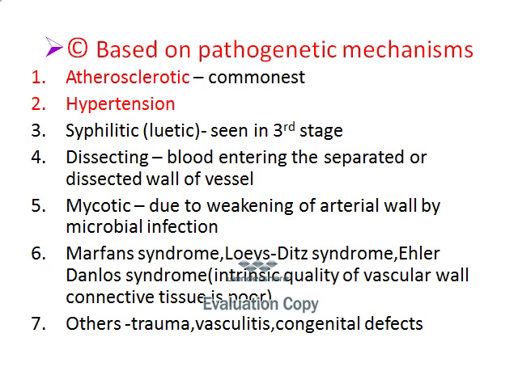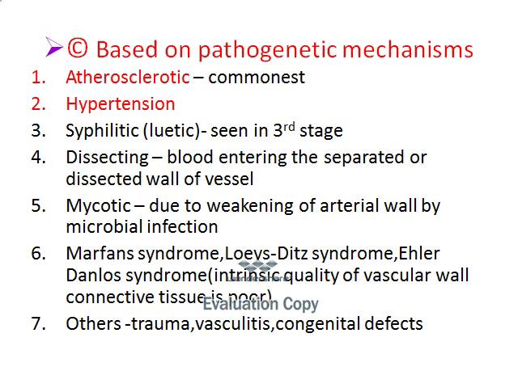Based on pathogenetic mechanisms, aneurysms are classified according to the cause. So if the cause is atherosclerosis, it is an atherosclerotic aneurysm which is the most common type. If it is due to hypertension, then hypertensive; syphilis, syphilitic aneurysm seen in the third stage of syphilis; dissecting aneurysm